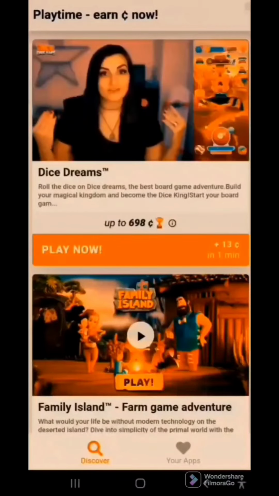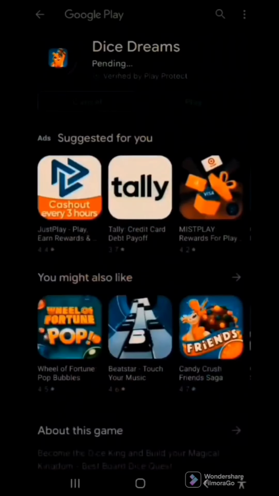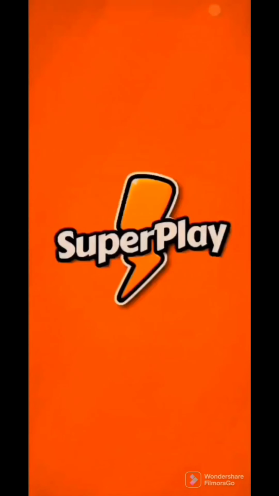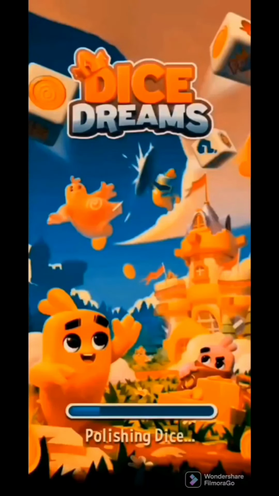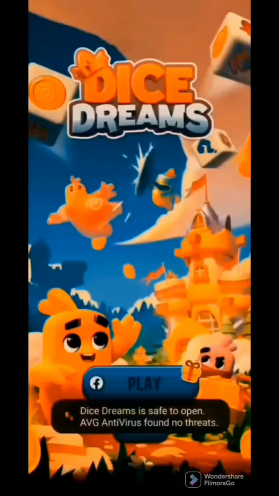Okay, so I love Dice Dreams. Like, the deal with these games is that you fall in love with them, because then it means that you spend more time playing, and it means that you'll get more money. The longer you play, the more money you get. So I'm gonna download this now and play for a little bit, and then I'm gonna come back and show you guys that, okay, I've been playing for 10 minutes, and